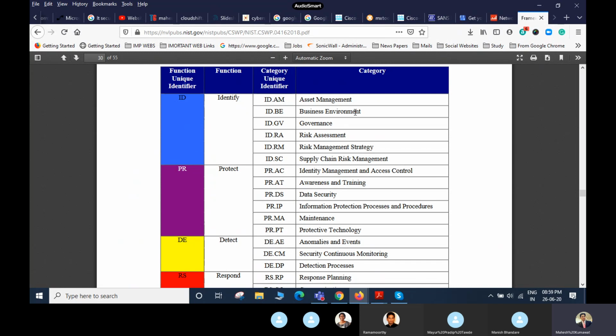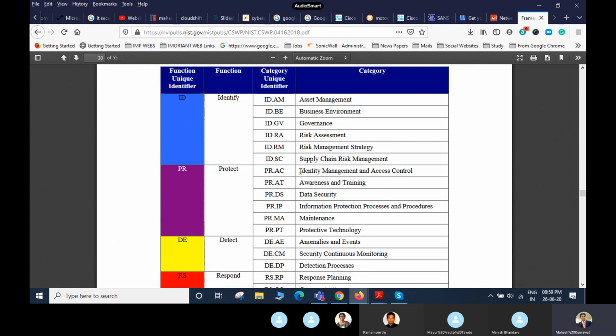What type of business environment you have. So security governance, security programs, security guidelines. The governance is the top management of the company. So what are the responsibilities on the IT security part? Risk assessment: how are you going to perform the IT risk assessments? Risk management strategy, we have some different strategies over there. So we have qualitative risk, and we are going to use some different types of strategies.